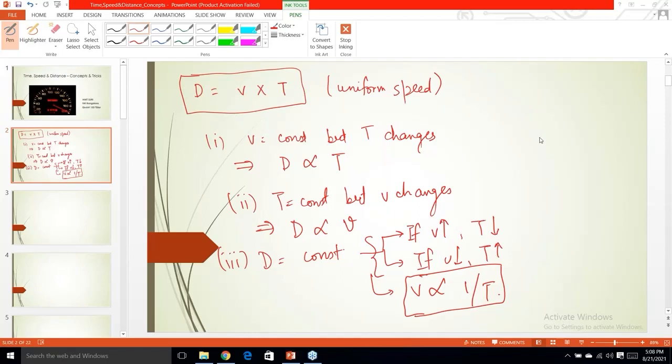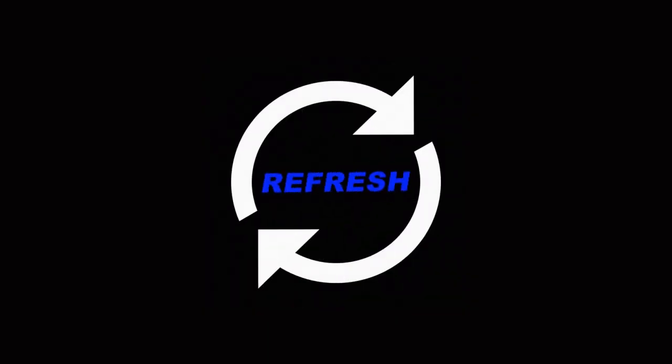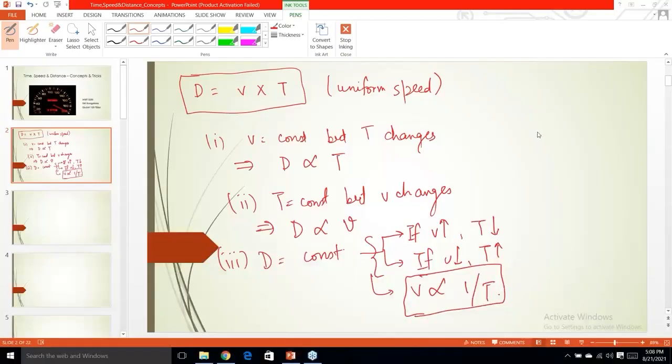Okay, so these three things should be very crystal clear to you. I'll just quickly repeat. The first two should be fairly simple to understand, but the third one, I'm just repeating